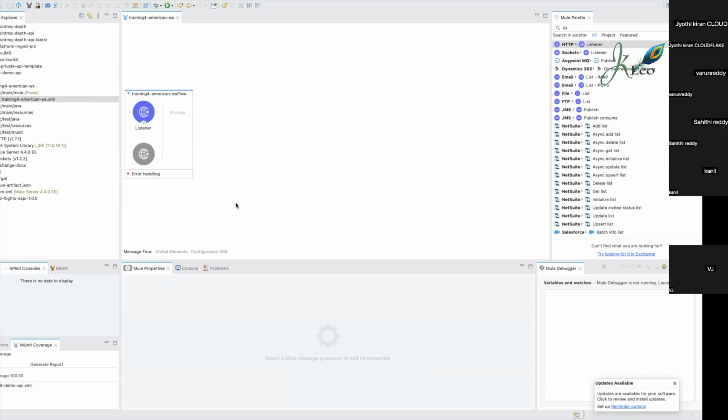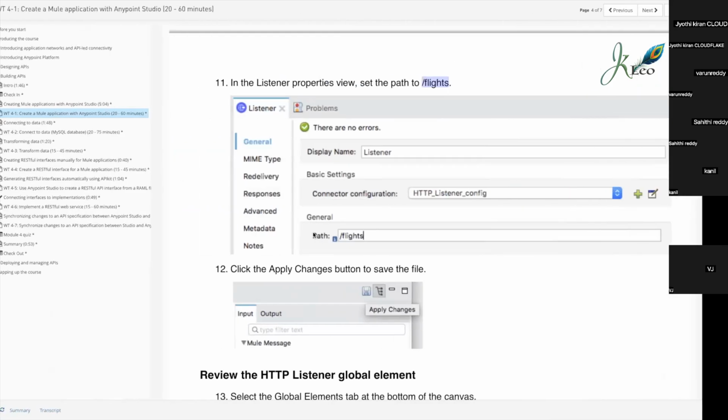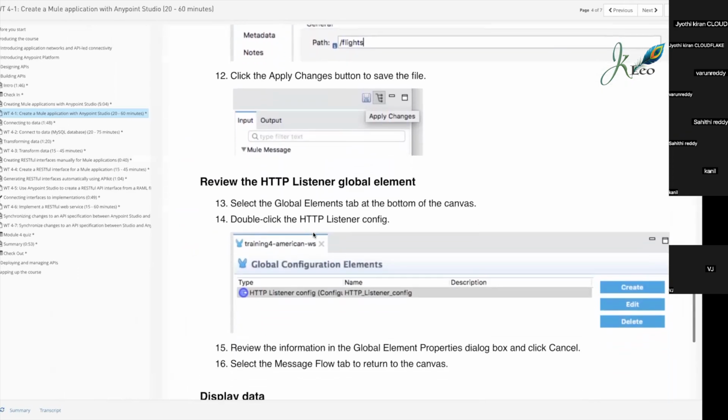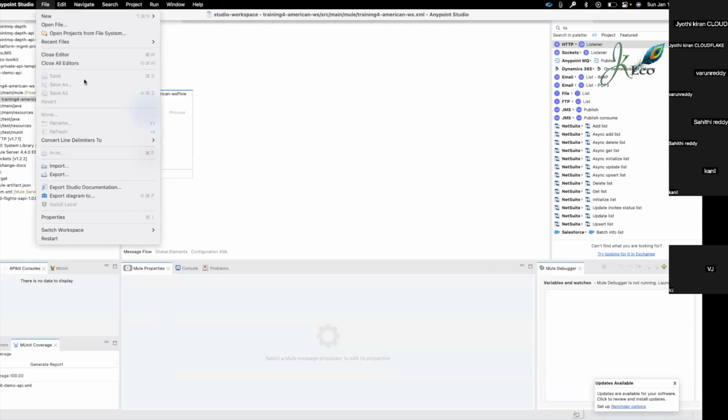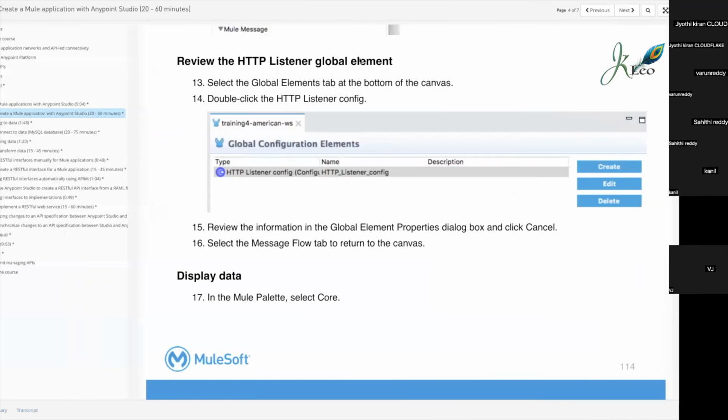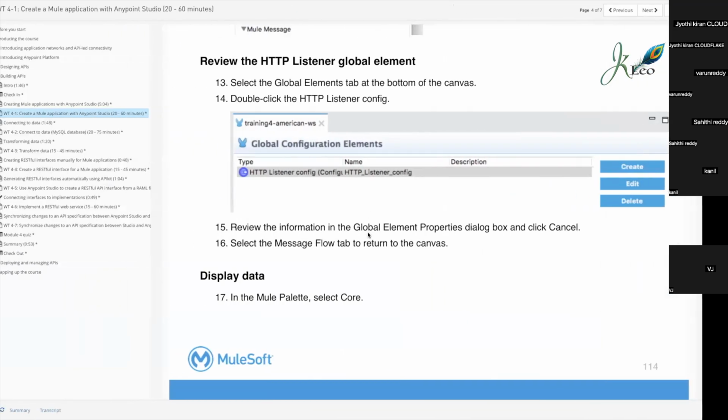Control S or Command S. Once you save it, it's saved. Okay. You can save like that, or you can click on this button on the top. If it is not saved, it will show you a highlight like save. You can click that, or you can go to file and save. These are all different ways of saving the file. These are basics. And then now let's go and create